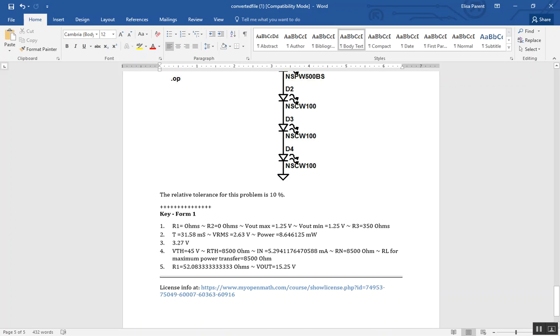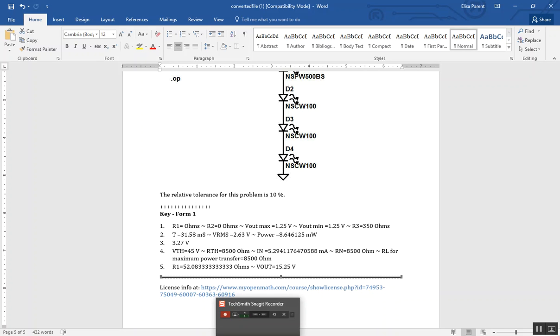Yeah, sometimes it just calculates out 13 digits of precision. Certainly not implying that that's the level of accuracy of 10% resistors. But it shows you the answer. But yeah, how to derive it, yep, you have to do that yourself. But that should really help you get started. And if you want